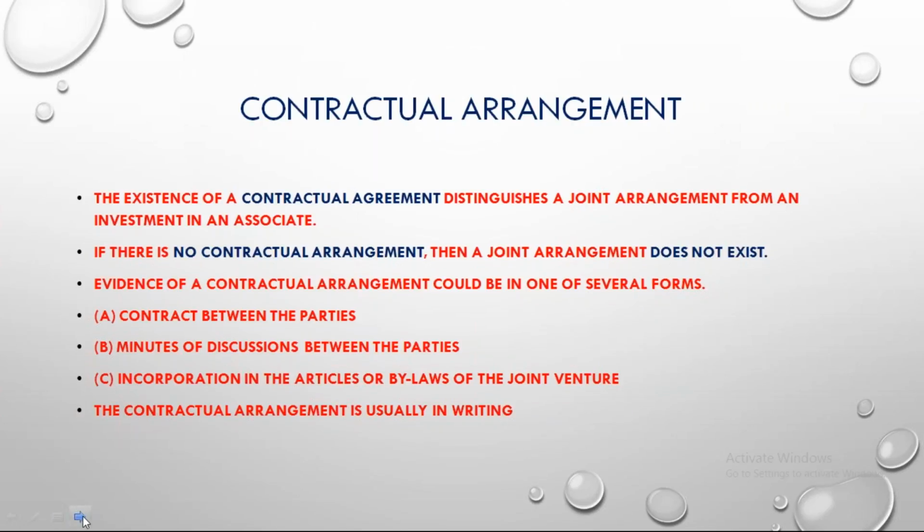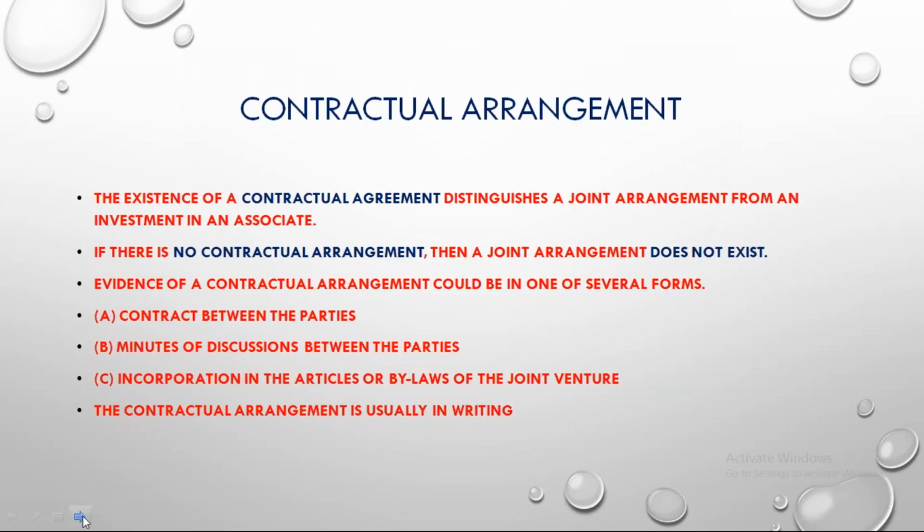So contractual arrangement. In a joint arrangement, there always has to be a contractual arrangement, which will distinguish a joint arrangement from an investment in an associate. Now this is the important one, right? There may be a multiple choice question coming up asking what distinguishes an associate from a joint arrangement. If we just go and invest in a company 35% or 38% or 40%, you don't have a contractual arrangement. There is no contractual arrangement saying that they are going to pay so much dividend,